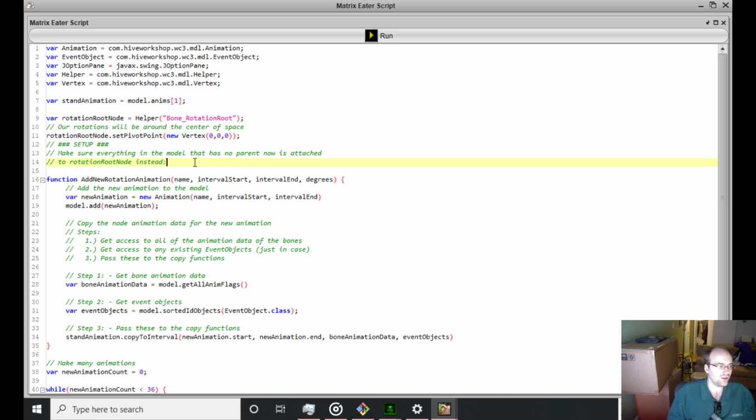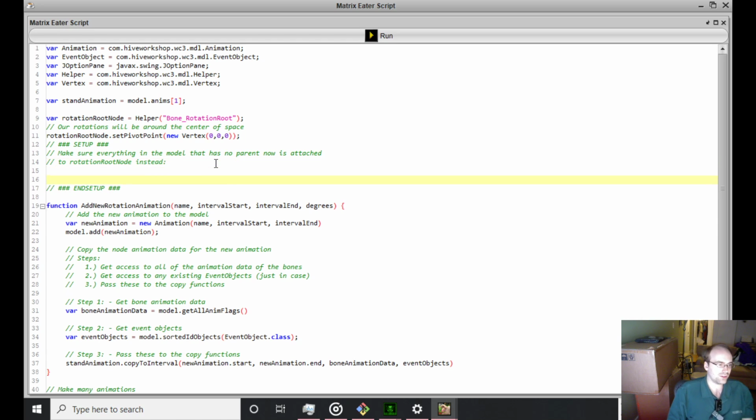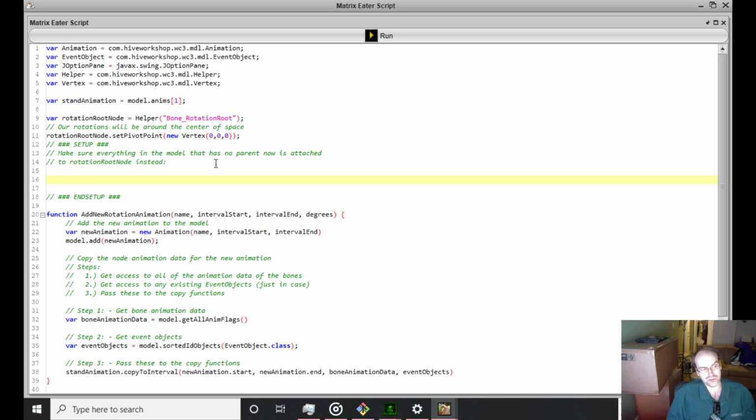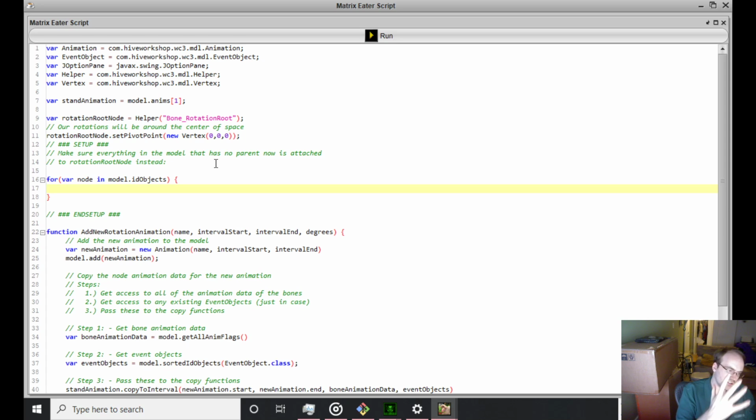So this is a little bit of setup, and then we can have an end setup, something like that. So here's our little setup area, right? Make sure everything in the model that has no parent is attached, and this is a little tricky, but I think it should work. Basically, you just want to say for every object in the model, and I wonder, can we do for var node in model dot, I call them ID objects, but they're just the objects that have an object ID. They're just the nodes of the MDL, right? For every node,